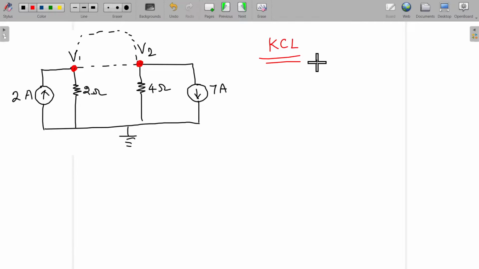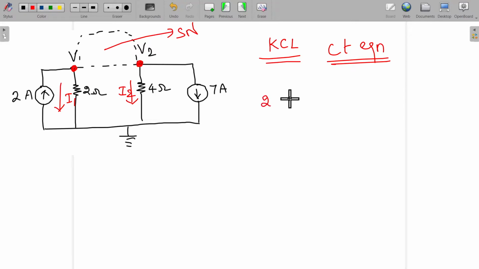We are going to write the current equation. So for that we have to mark the currents. I mark this as I1 current, this is I2 current. So only 4 paths are available, right? 2 amps current, I1 current, I2 current, and then 7 amps current. These paths are not actually available. So now we write the KCL, that is the current equation for this modified circuit for the supernodal analysis.